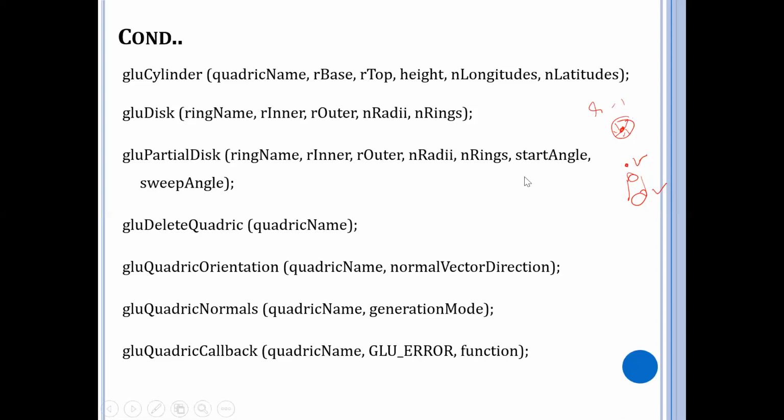Basically here for the arguments, we set double precision values for an inner radius and the outer radius with parameters R inner and R outer. If it's a disk, take your CD itself, wherein you have the hole in the center.